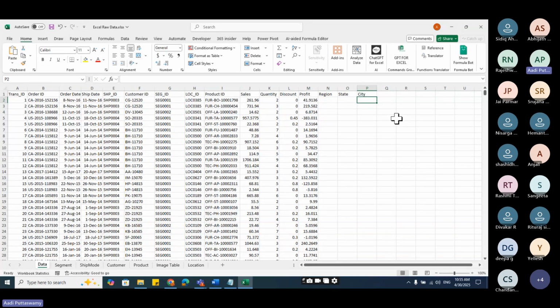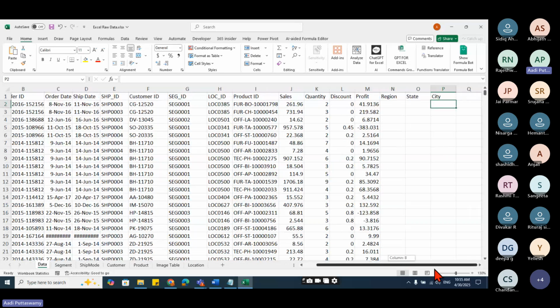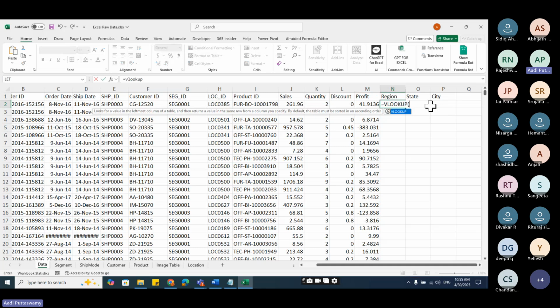Now, if you want to bring this, I cannot go and keep on doing this manually, copy and paste. So for that, we have a formula called VLOOKUP, meaning vertical lookup. What it will do is it looks for a value, and based on this value, it will give me these results. How to work on that? Say equals VLOOKUP. People who don't know how to write the formula, when we write one function here, we get the parameters here. So what are parameters? Parameters are nothing but the values we pass to the formula to get the results.